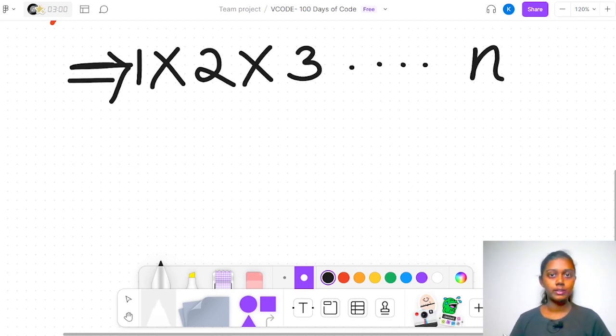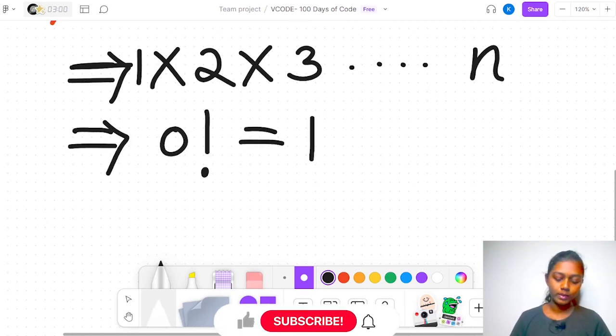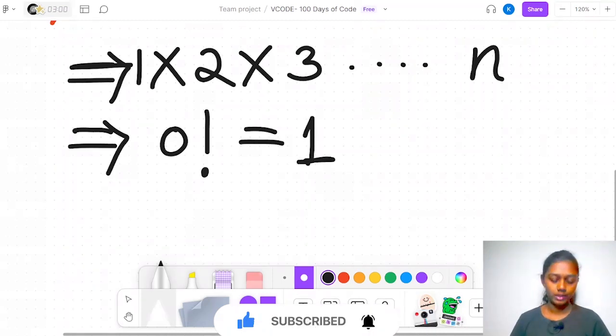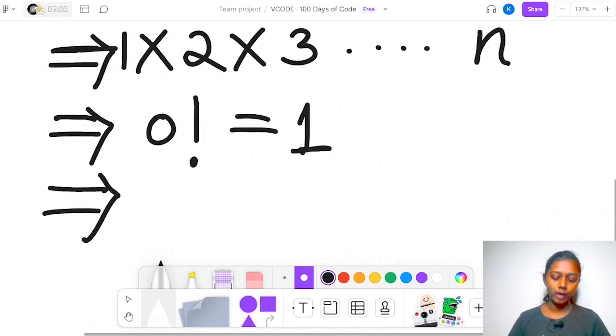So, we will first check if the number is positive or not. If positive, we will perform the next steps. And factorial of 0: the symbol for factorial is the exclamation mark. So, 0 factorial is 1. So, the next condition we are going to see is if the input given is 0 or not. If it is 0, then we will directly output the number 1. If it is any other number other than 0 and it is positive, then we have to iterate through each